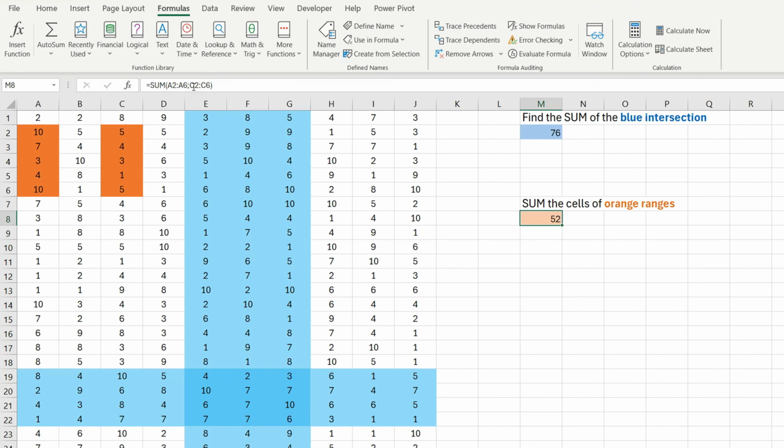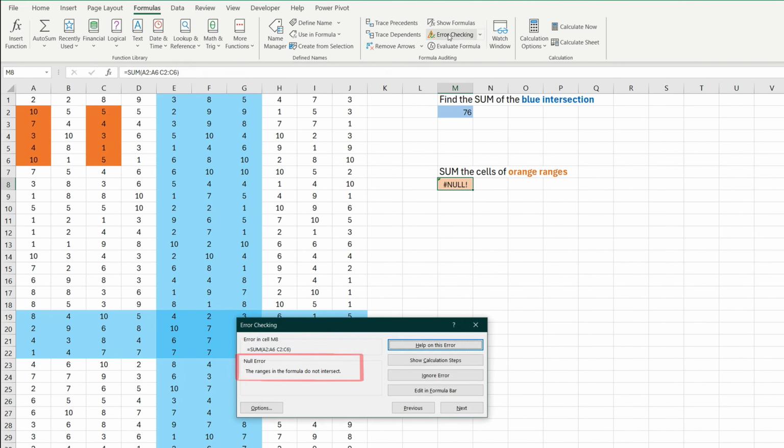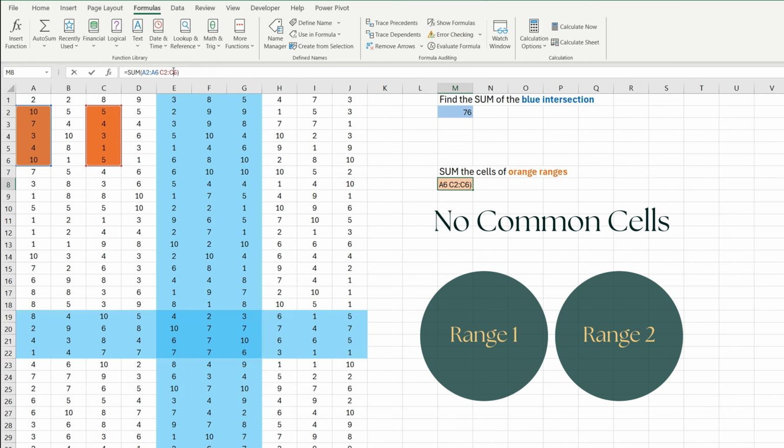Now let's assume that in this formula we forget the semicolon. We get this error. Let's review it. The ranges in the formula do not intersect. As we saw earlier, when we have space between the arguments, Excel will calculate the intersection of the cells. And in this case, we get this error because there are no common cells.